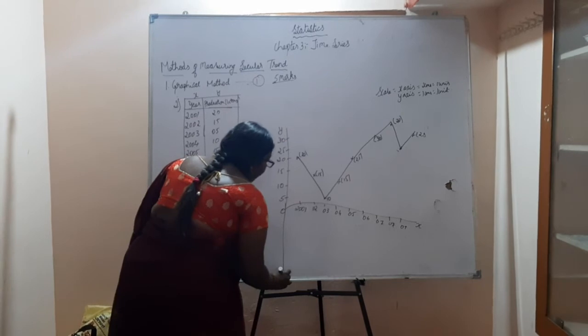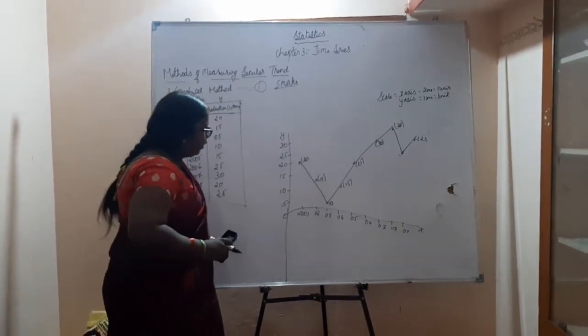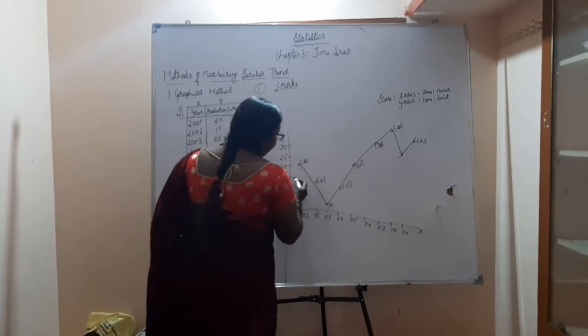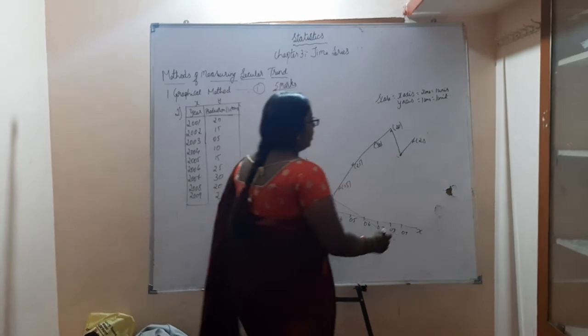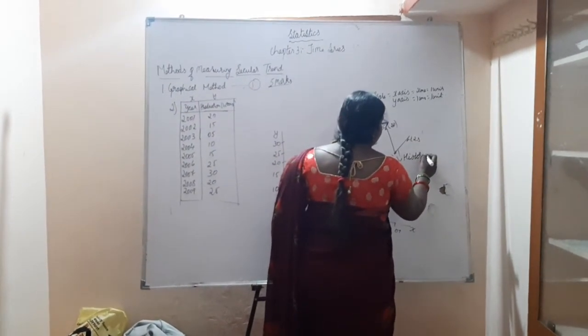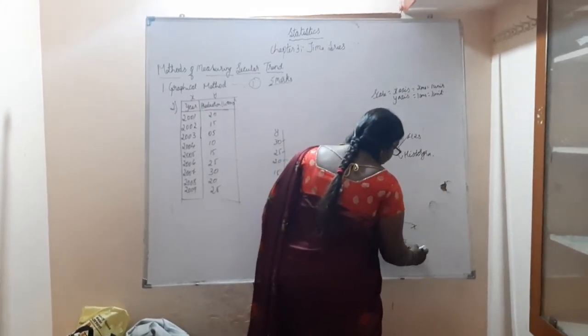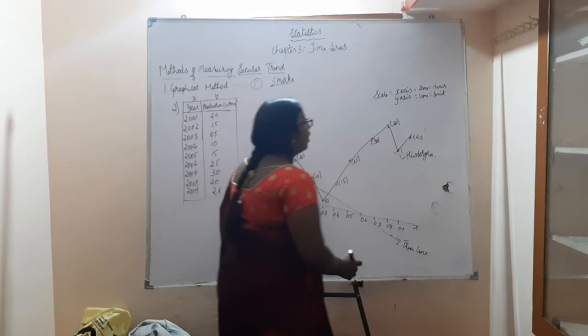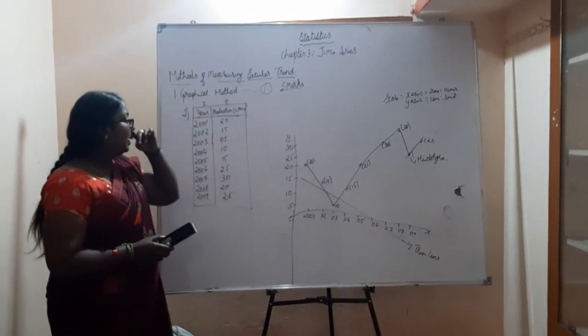See here, where is my graph? It has come to a lower level. So here I will draw my trend line from 15 and it is a line going down. This is my histogram and this is my trend line. So I have given you two examples, where the trend line is upward and where it is downward.